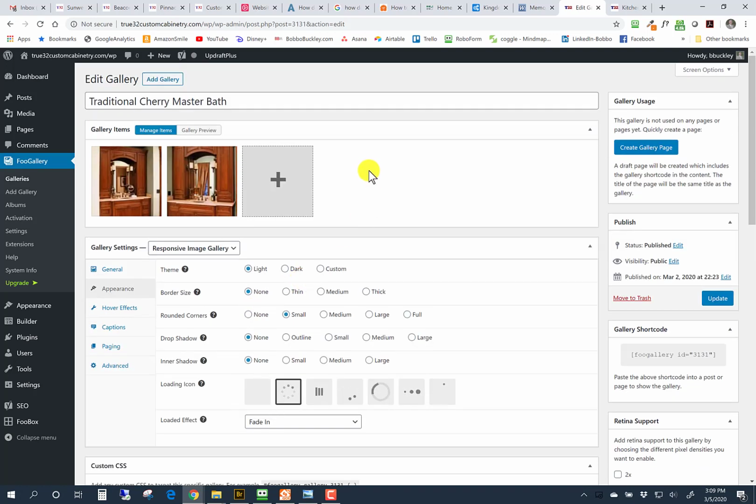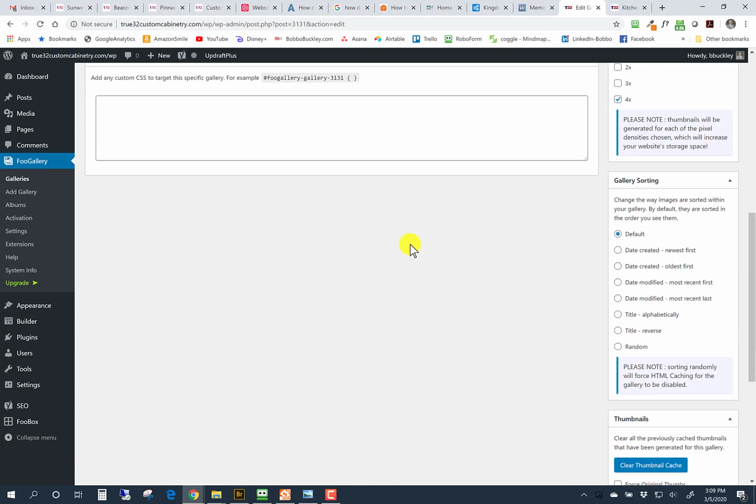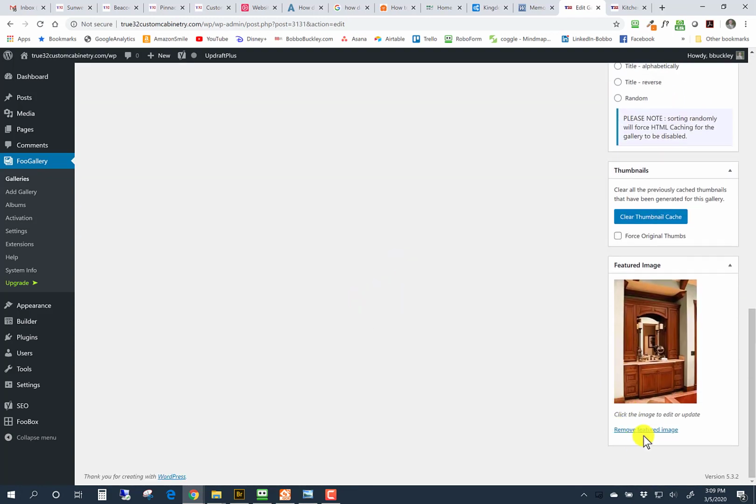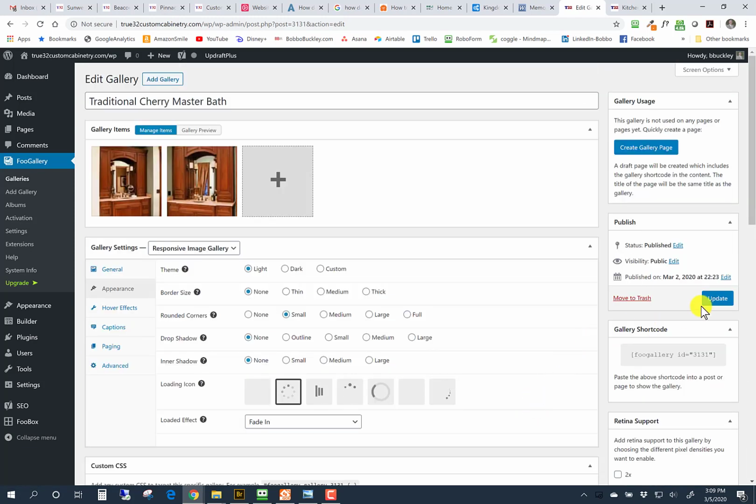So really all you're going to do is come here, if this one were empty, and I'll show you this in a few minutes step by step. You'll click on this and then it'll take you to your media library and you'll go pick your pictures. If it's not in there yet, you'll have the opportunity to upload them and then bring them in, and again we'll do that step by step. And the only other thing I do here is name it, bring the pictures in, and then come pick one of those pictures as the featured image, and then you're just going to update it and it will create that